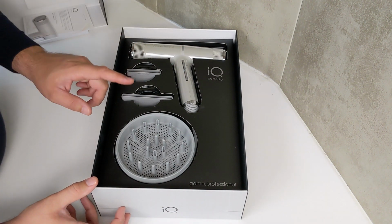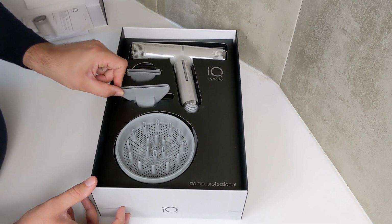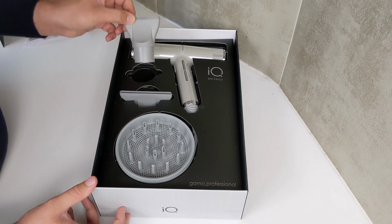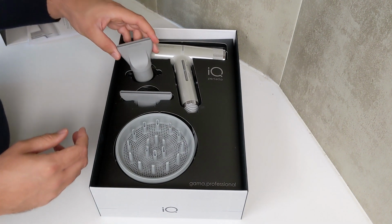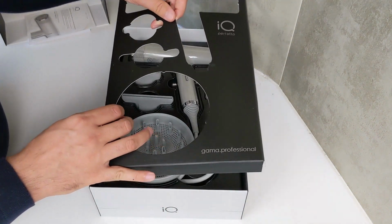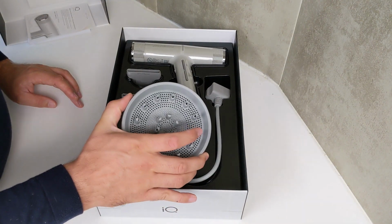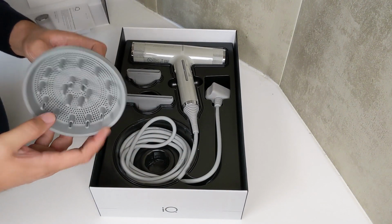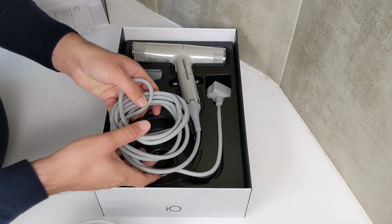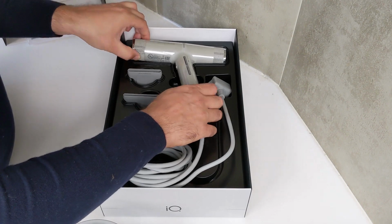So in the box we have a diffuser. There is a very narrow, wide concentrator and a slightly narrower but thicker concentrator nozzle. So let's take this off here and we'll see what's inside the box. So we'll take the diffuser out. There's the diffuser, and you can see wrapped around inside the diffuser is this 3-meter cable. This hairdryer comes with a 3-meter cable, and the dryer itself